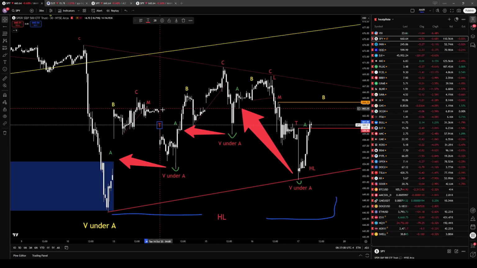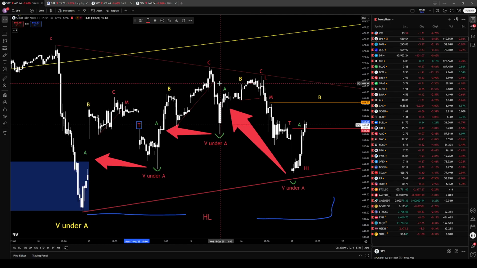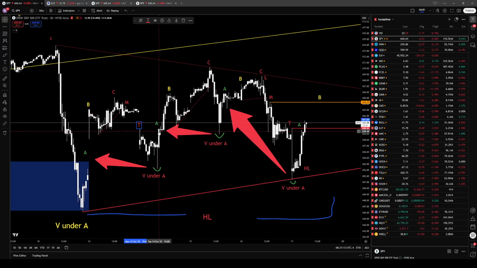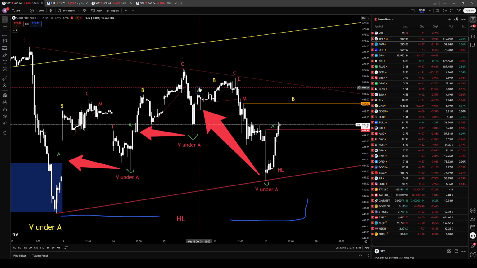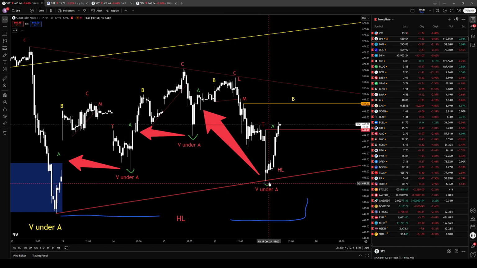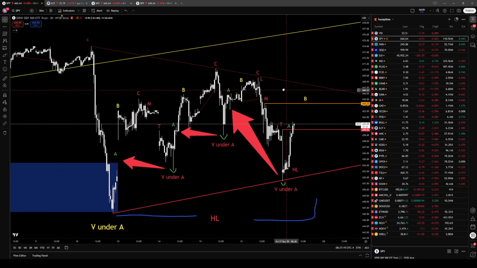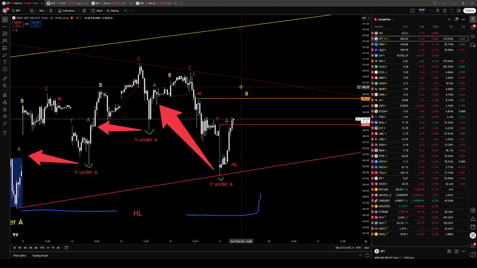And then again, make your A peak, B peak, C peak. Here is your L, this would be your M, this is your T. I just didn't put it in because it's too small. And again, perfect V on the A. Then you come up again, ABC coming down. Perfect V on A. So, what are for the bullish version our price targets for today and Monday would be,